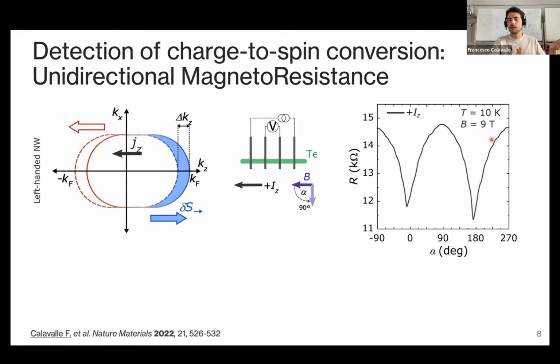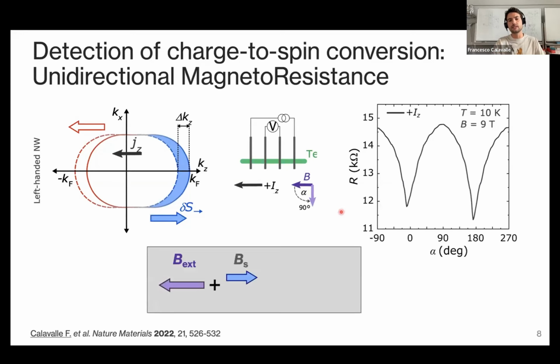the resistance behaves. And here we have a very interesting signal, because we can see both the maxima and minima relative to positive and negative magnetoresistance at field perpendicular or parallel to current, but also that when the field is parallel to the current, we have two different levels of resistance when the field is parallel or anti-parallel to the current applied. And as I said, this can be seen as an interaction between the external field and the spin density generated by the current. So having an effective field that is lowered or increased by the current applied.